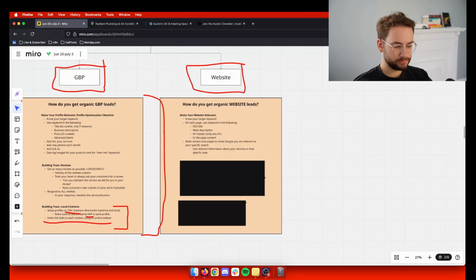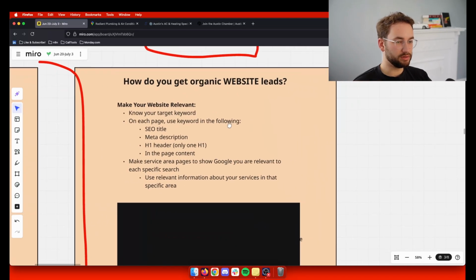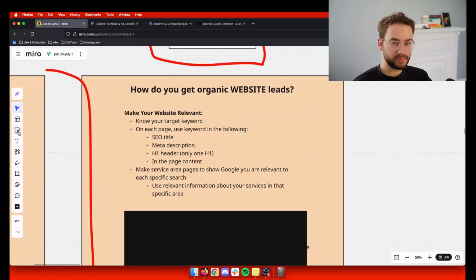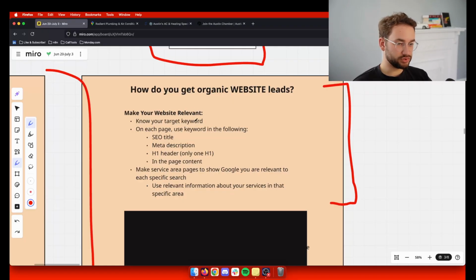So step 1, make your website relevant, similar to how we had to do it for the Google business profile. If you want to rank your website in search results, you need to make sure that Google understands you are relevant to that search that people are doing. So know your target keyword. Let's say we're targeting HVAC Austin. On each page on your website, you want to use the keyword in the following places. This is super important. You want to use it in the SEO title, in the meta description, word for word,